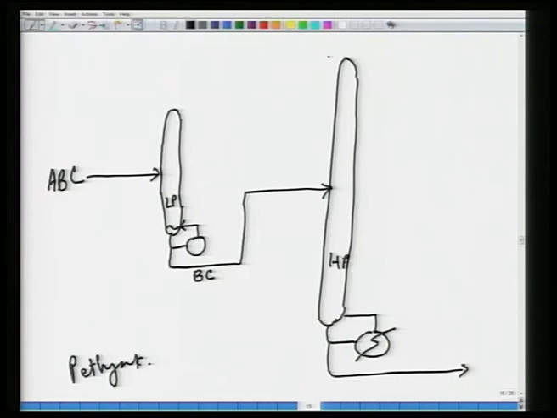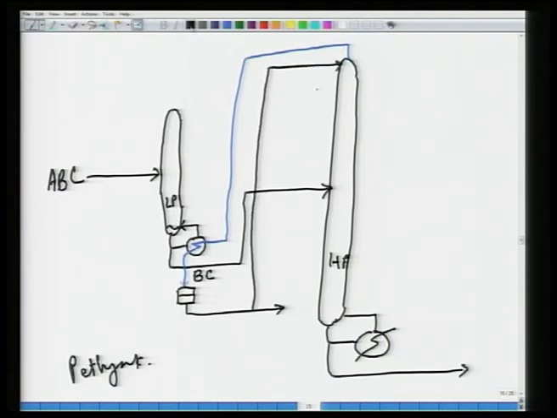You take the hot vapor, bring it here, and here it condenses, and after condensation it goes to a reflux drum. Okay, so this unit here acts as the reboiler for the low pressure column and the condenser for the high pressure column, and part of it is drawn as product, part of it is refluxed